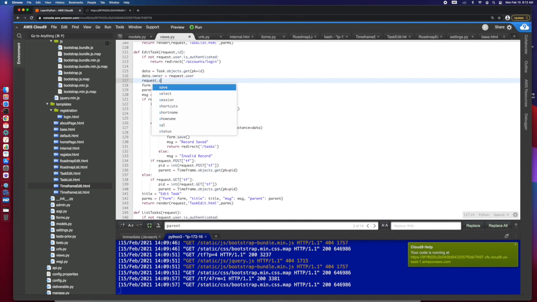Whoops. We need to set its parent is going to be equal to, oh, I'm sorry, it was a P. Is going to be data dot